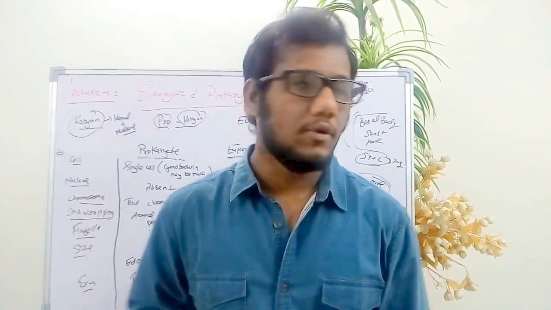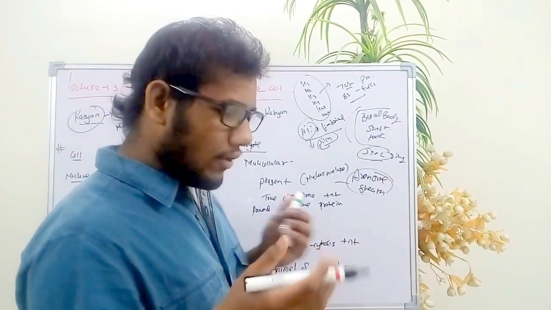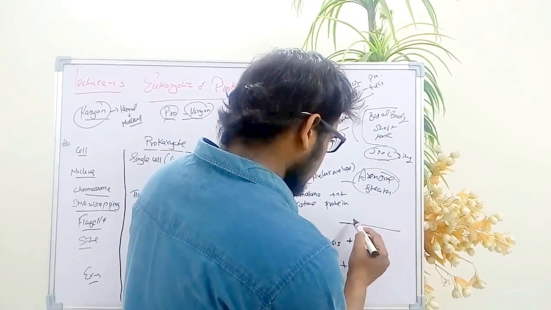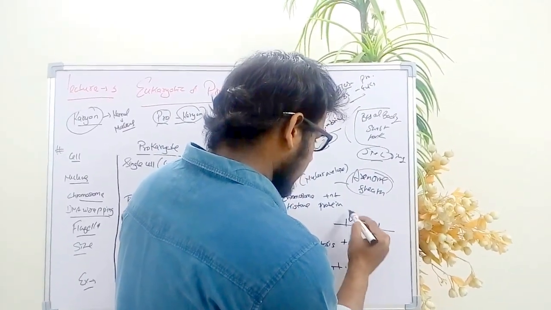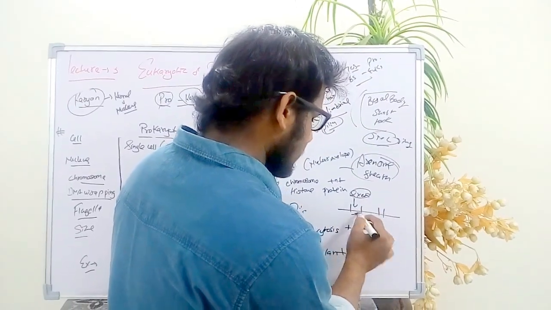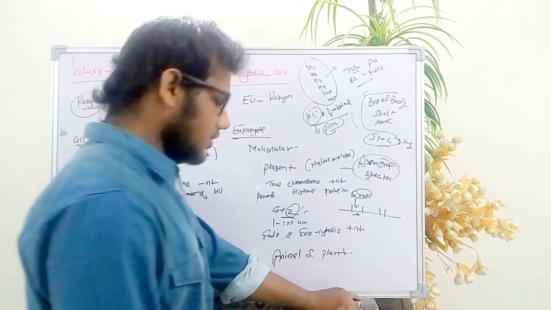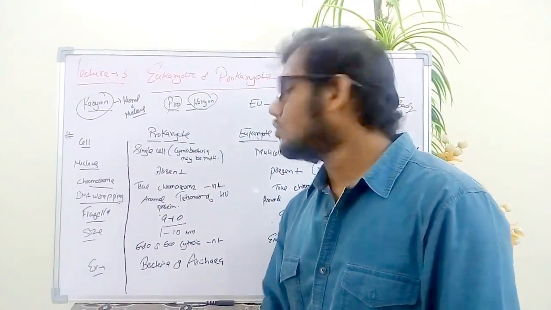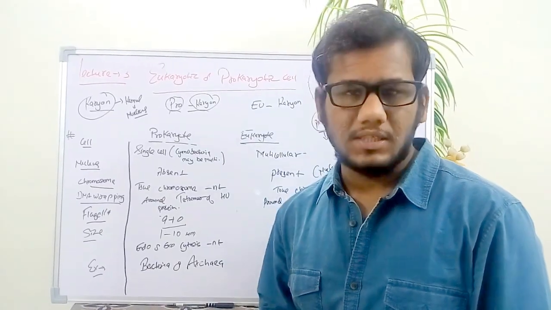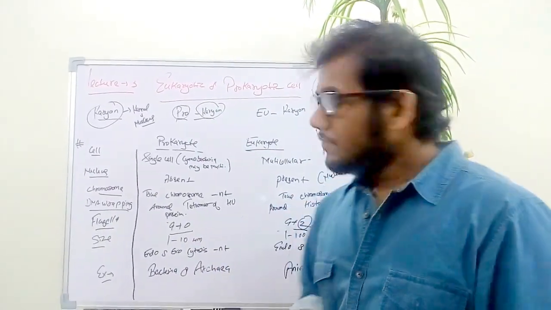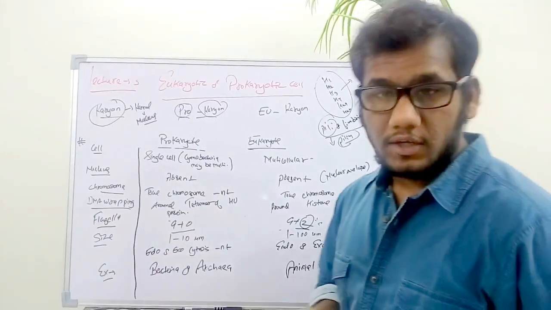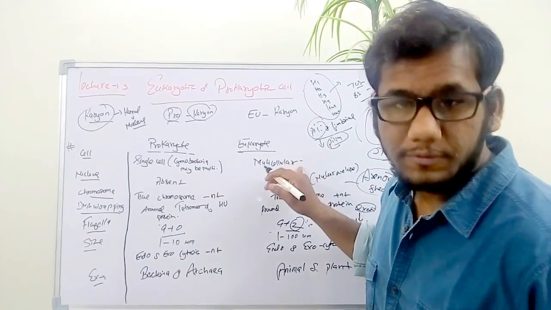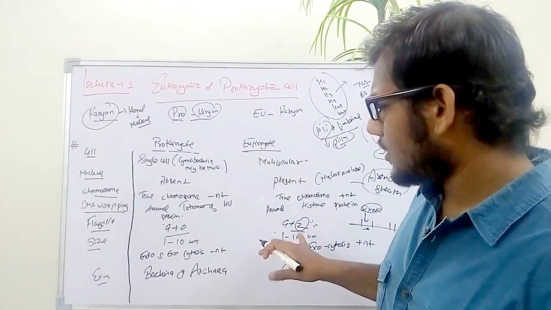I also have to mention one difference, introns. Introns are the non-coding regions, and the remaining parts are coding regions, called exons. So this is the intron. In prokaryotes introns are absent, so the RNA does not have to be spliced after transcription. In eukaryotes introns and exons are present, so the RNA has to be spliced after transcription. This is a major difference.